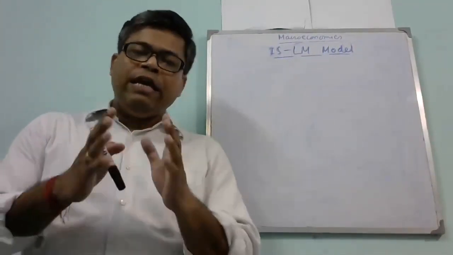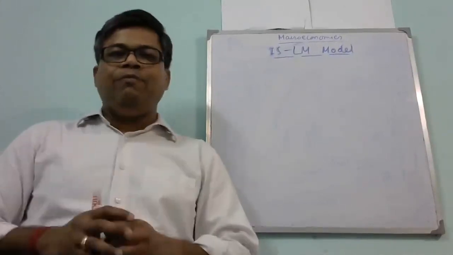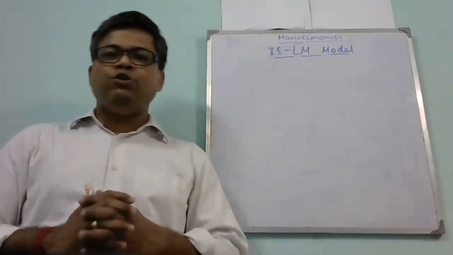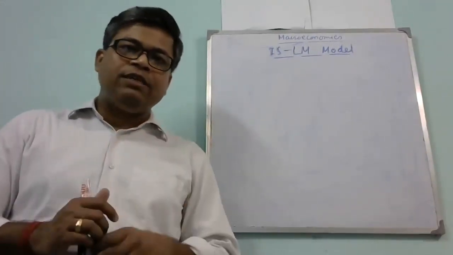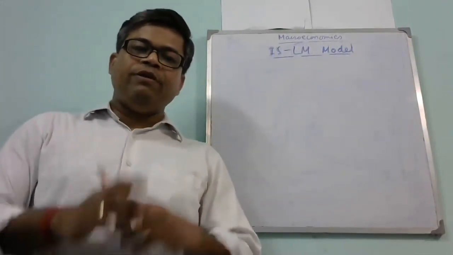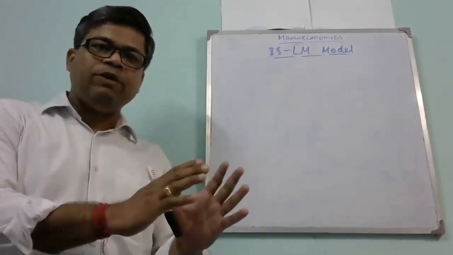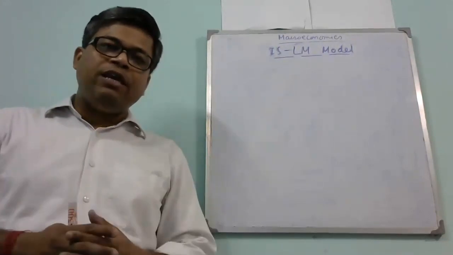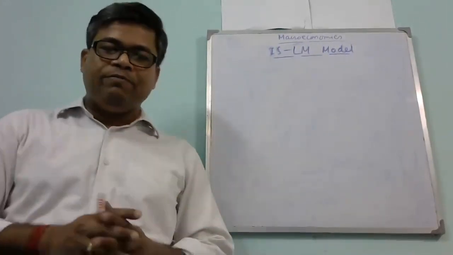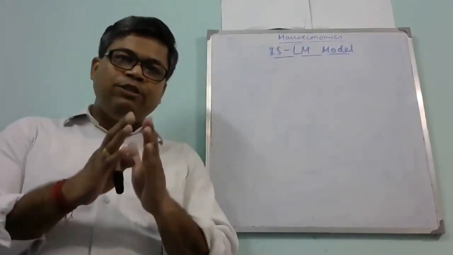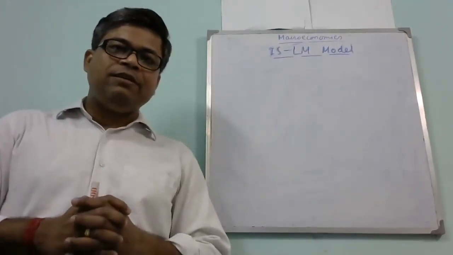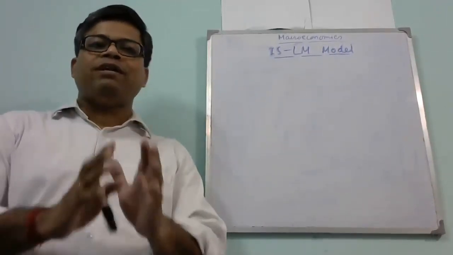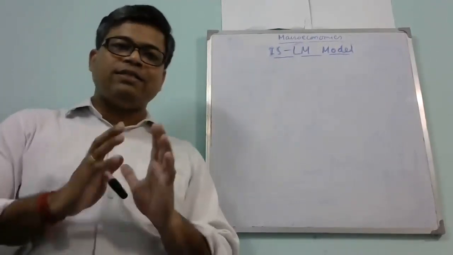In the exam, the question may come in two ways, but the answer will be the same. Now, what will be the probable question that may come? The first is, derive the IS curve. And how to derive the IS curve? Or the question may come in another way: explain the product market equilibrium. Although these are two different ways the question is stated, the answer will be the same. That means you have to explain the product market equilibrium or you have to derive the IS curve.